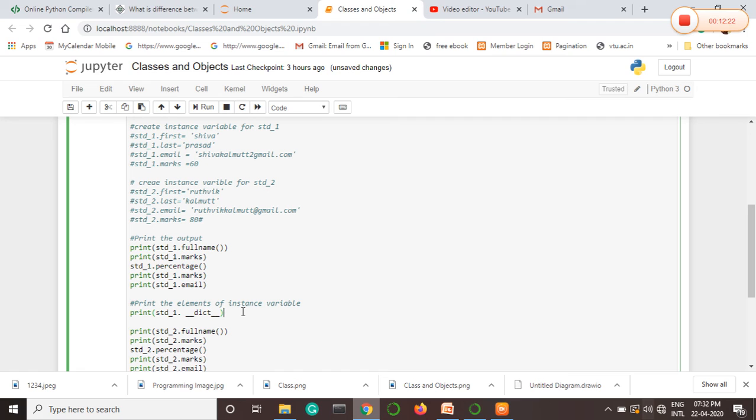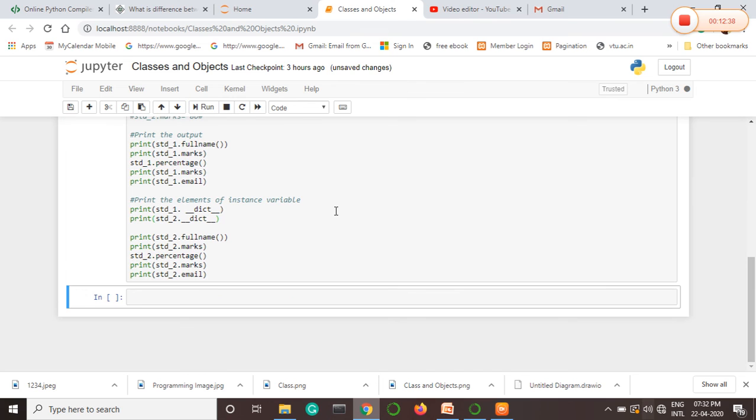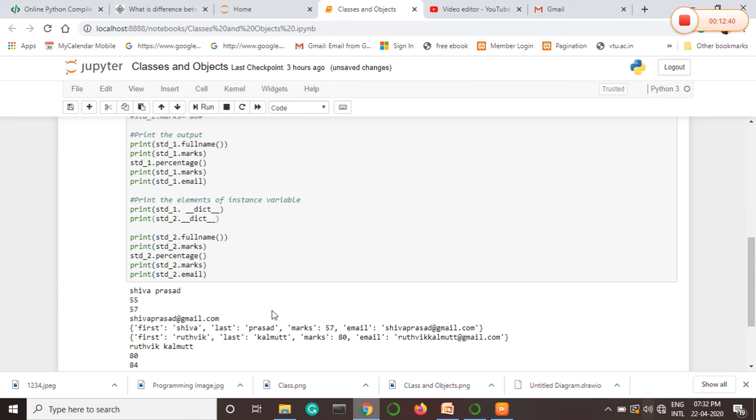Similarly, print std_2.__dict__ and run the program. I think we may get some error. Okay, no problem, no error.